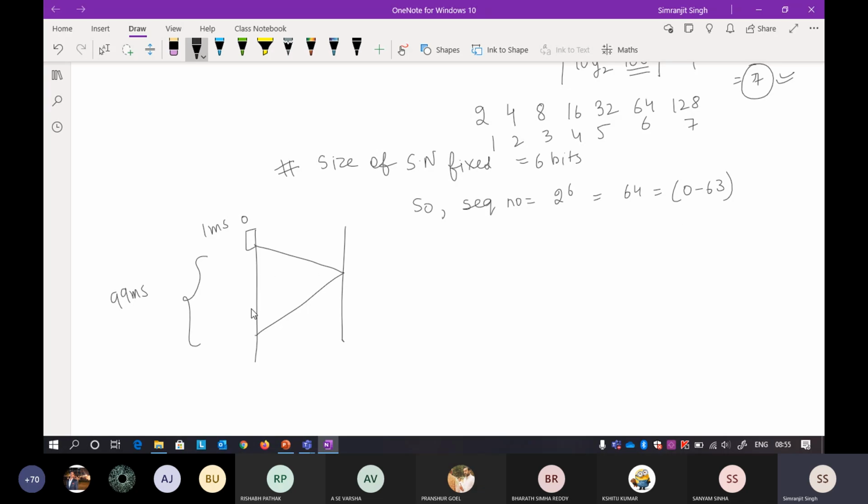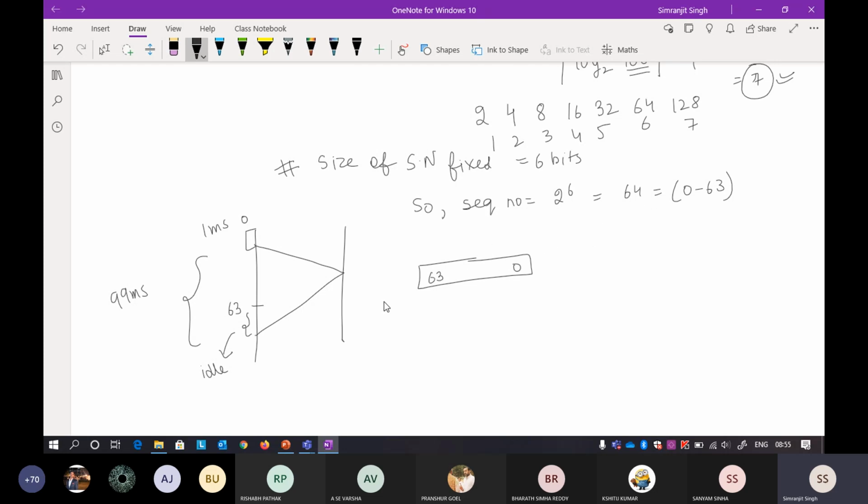When your window is 0 to 63, your window size will be 0 to 63. Till here, for this amount of time you have to sit idle, because your sequence numbers are finished.